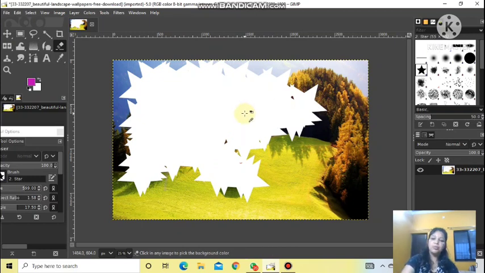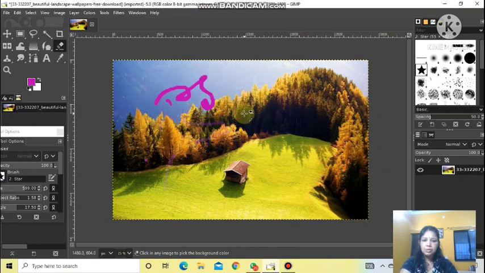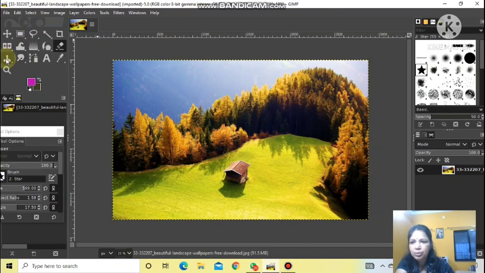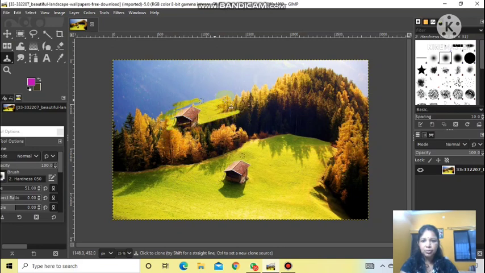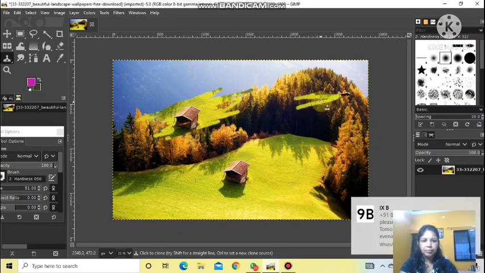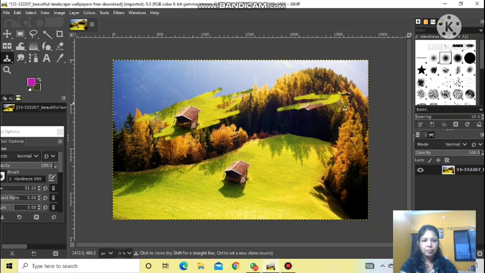Next is clone stamping, which we had done in paintbrush also. That one is more interesting for you, I suppose. So let's start. For clone stamping, we have this clone stamp tool here. Click on this clone stamp tool and then just change the shape first. Normal one. Now hold down the control key and click on the area which you want to clone, like this. Now wherever you want the clone, just draw it. The clone will be drawn like this. This is the clone stamping tool.